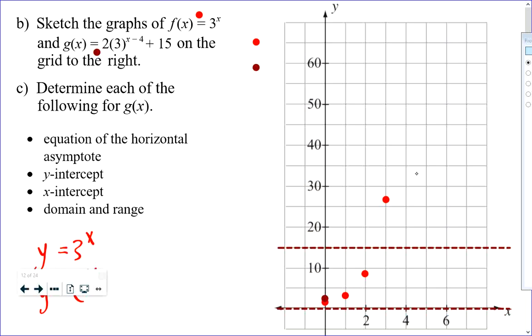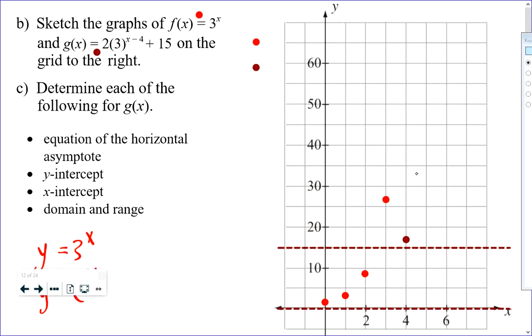I need to shift it 4 to the right, 1, 2, 3, 4, and then 15 up. But think about this. If it is currently 2 above the old asymptote, and the old asymptote was moved up 15, and I move this point up 15, it is now going to be 2 above the new asymptote. In other words, I can start plotting these points based on their relative position to the new asymptote rather than counting vertical